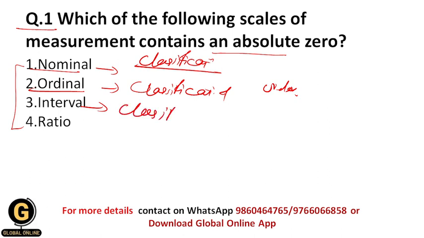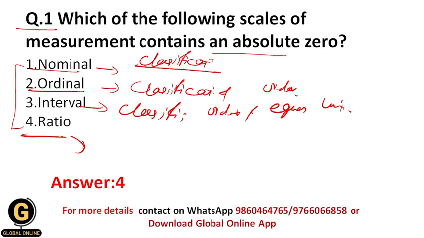Okay, in the interval scale there is classification, there is order and equal unit as well. Classification, order and equal unit. Okay, and within the ratio scale there is classification, there is order, there is equal unit, and as well there is absolute zero. Okay, and that's why your correct answer should be 4 over here,